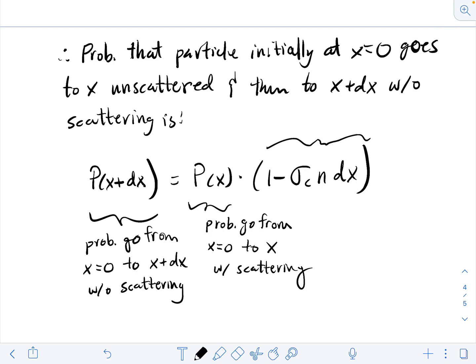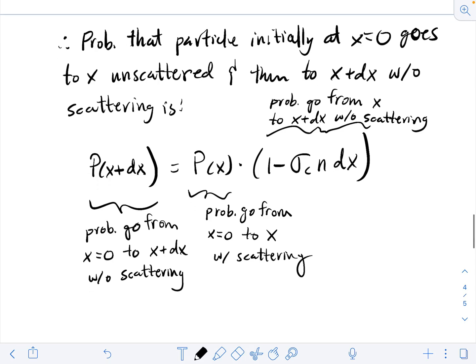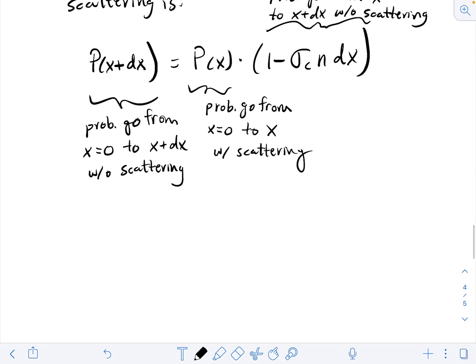And this factor here is the probability of going from x to x plus dx without scattering. Okay,